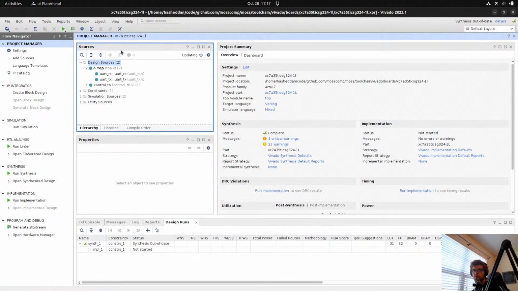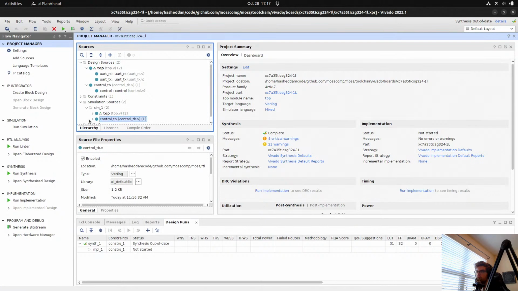And they're not called from top right now, so we'll see. Here we go. Let's see if I can just run simulation here.